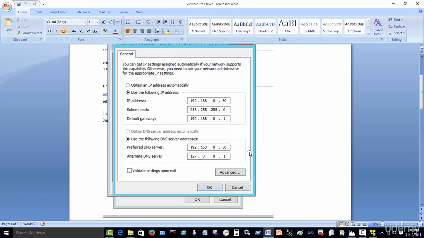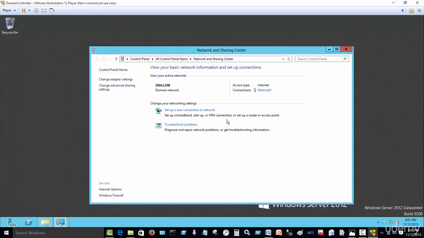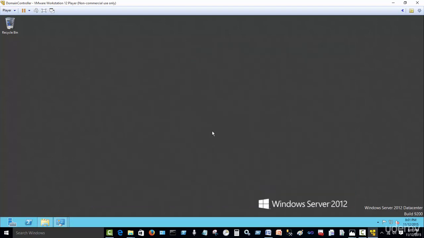And again, just to clarify, the default gateway is the router, the wireless router, or the router that your internet provider provides for you. And most likely that address will be either 192.168.1.1, or in my case, because I have Cox, it will be 192.168.0.1. So whatever yours is, just follow the path and then add the following IP addresses, and you should be good to go. And now we can obviously access the internet, because you can see access type internet. So what I want you to do now is